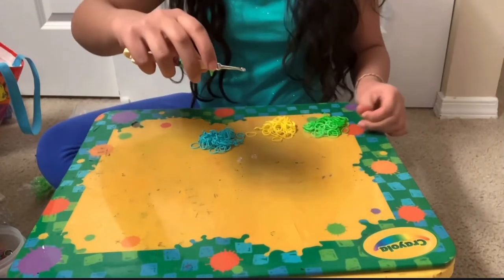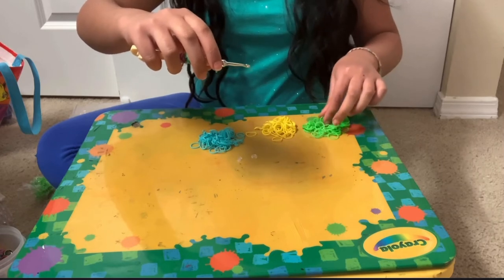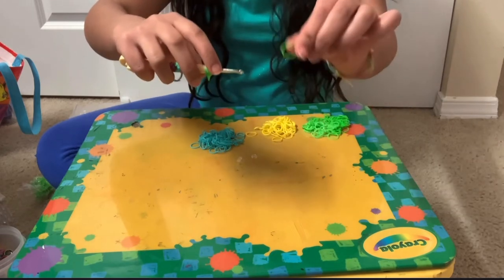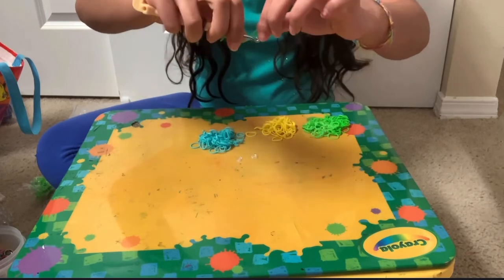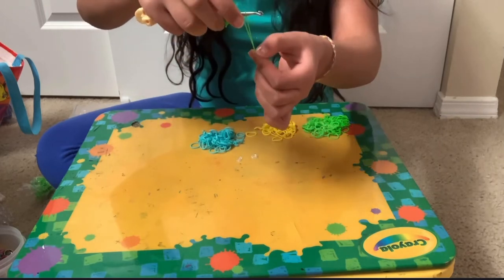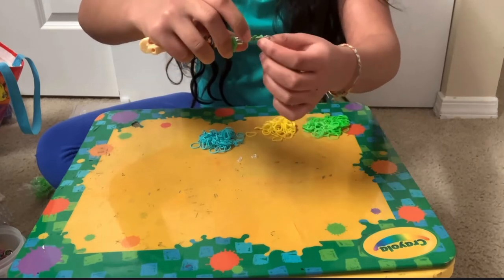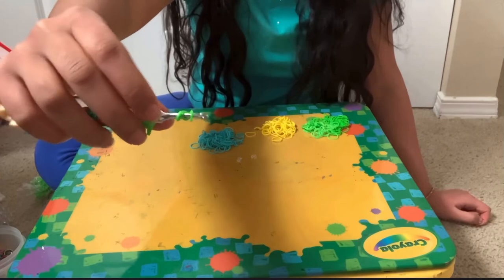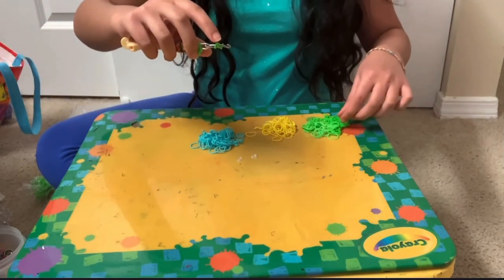Now we're just going to do this process 3 more times. So you take one band, put it on your hook, hold the other end, twist, gap band, and then the end that you're holding, twist and gap band. So once again I have 3, and then you take 2 more,